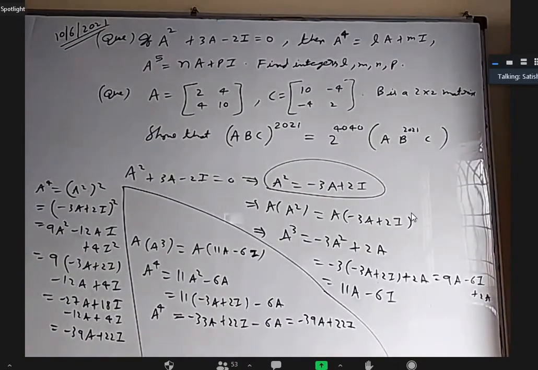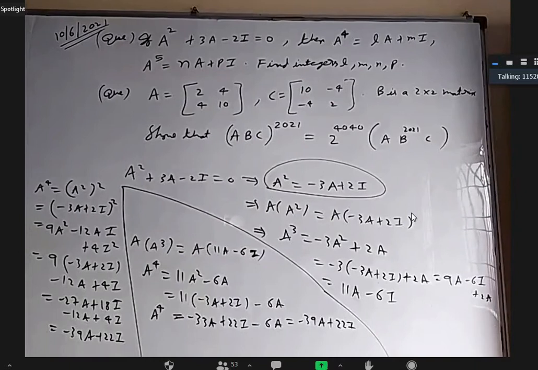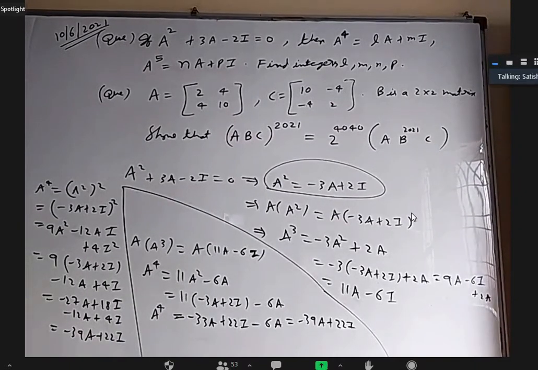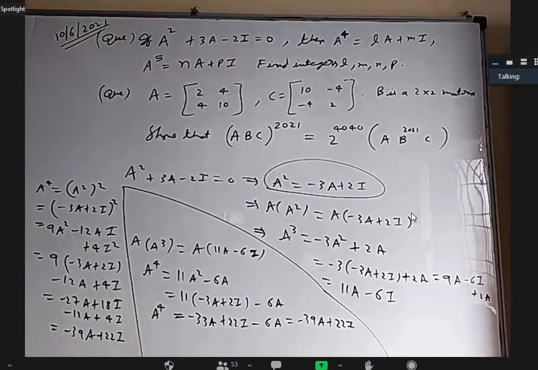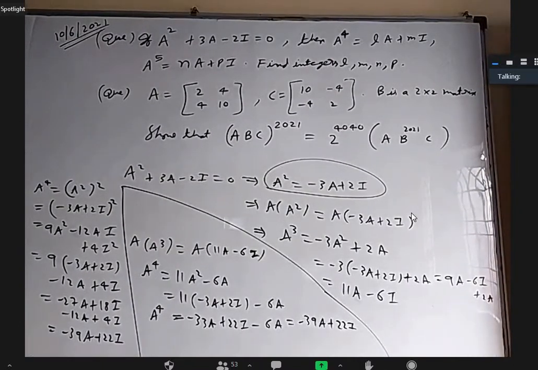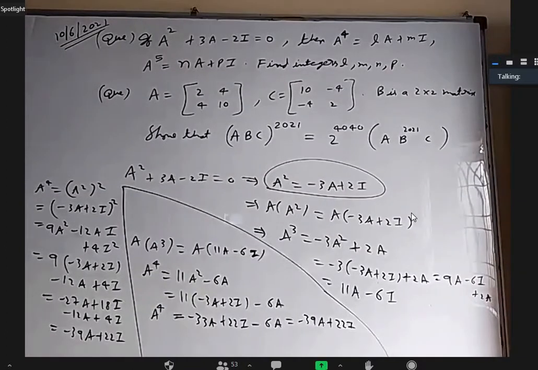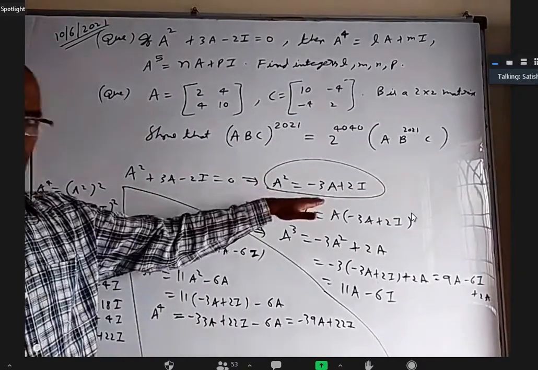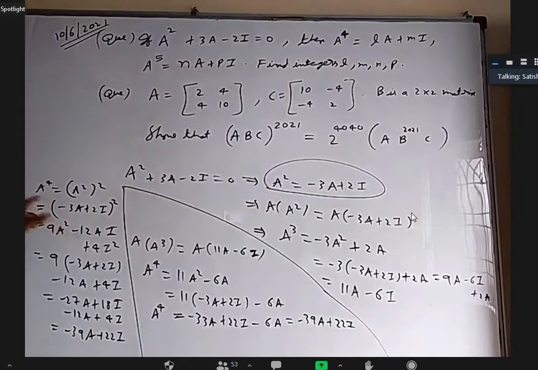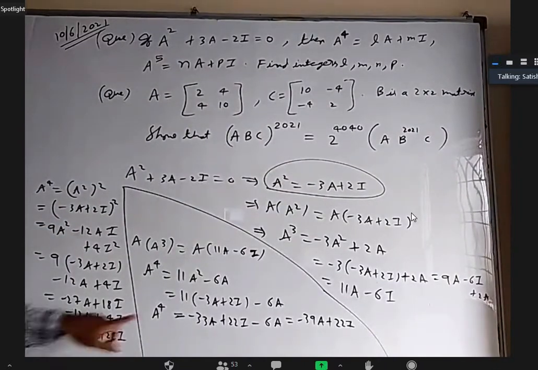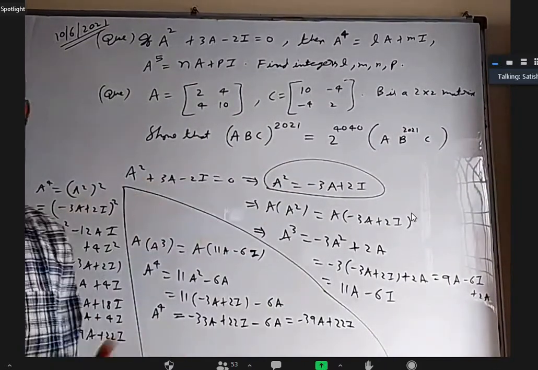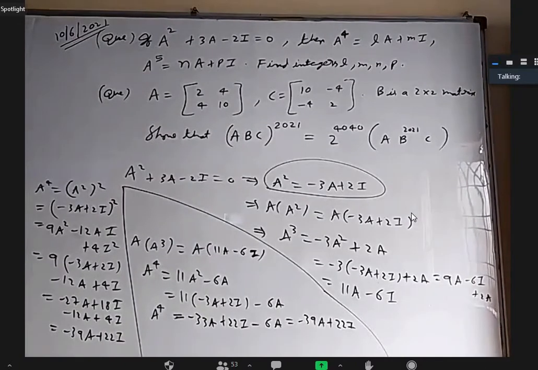Sir, N is 139 and P is minus 17. Okay. Minus 17, huh? Minus 78. Okay. So after finding this one, if you want A power 4, directly you can find it by squaring, and then you get the same answer. Or you find A cube and then A power 4. Either way is fine, not a problem.